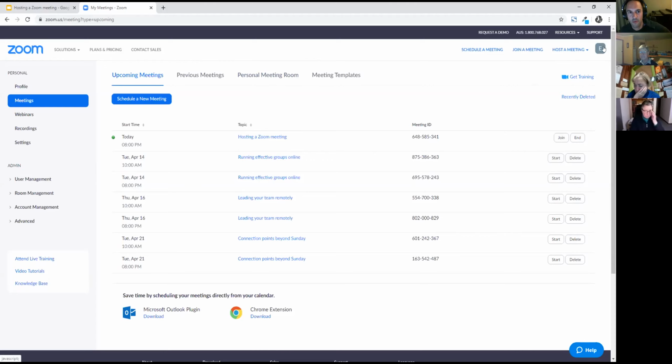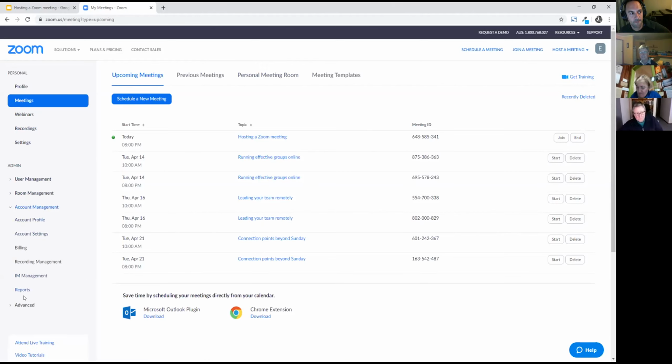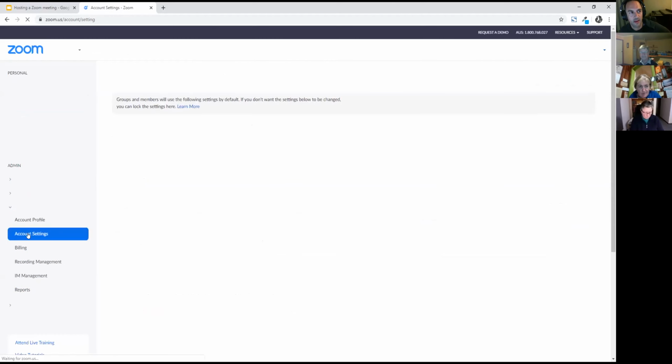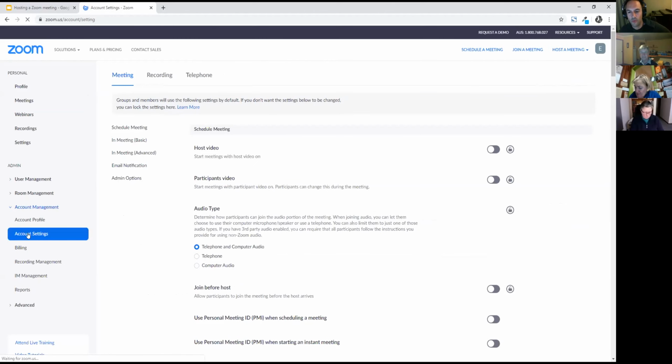However, I had mentioned before that there's also account settings. So here under admin and then account management, we've got account settings. And this is like all the default settings that you're going to have for your meetings when you set them up.